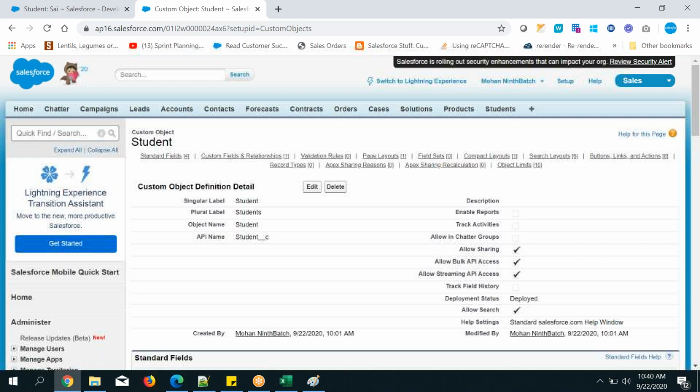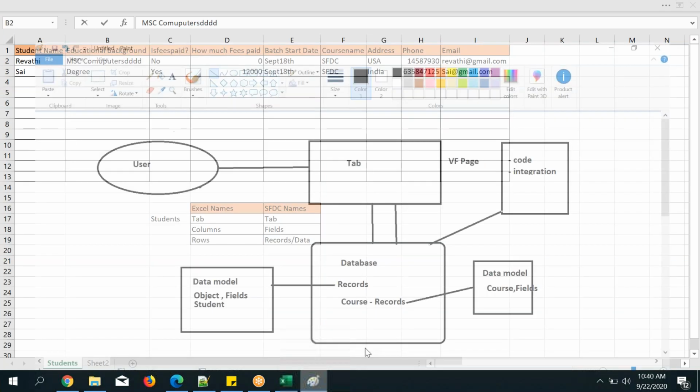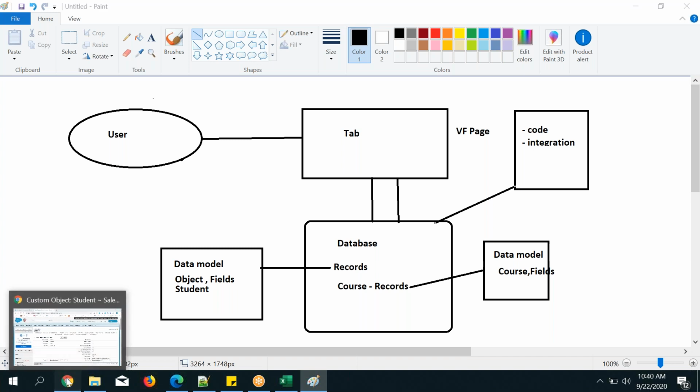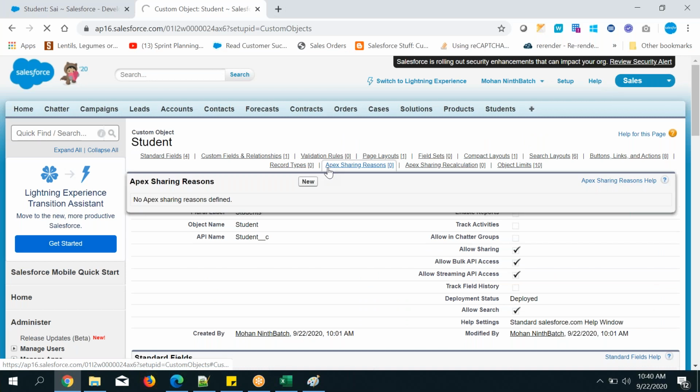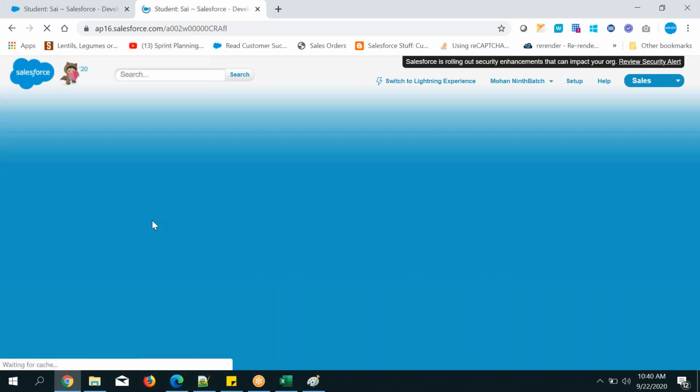What do we need? We need to update the data in that field. So go to existing records and update them. How to update existing records? Tell me. Database records are there. How to update these records? We need to go to the tab. Click on the tab. Okay. Open the records. Edit the records.